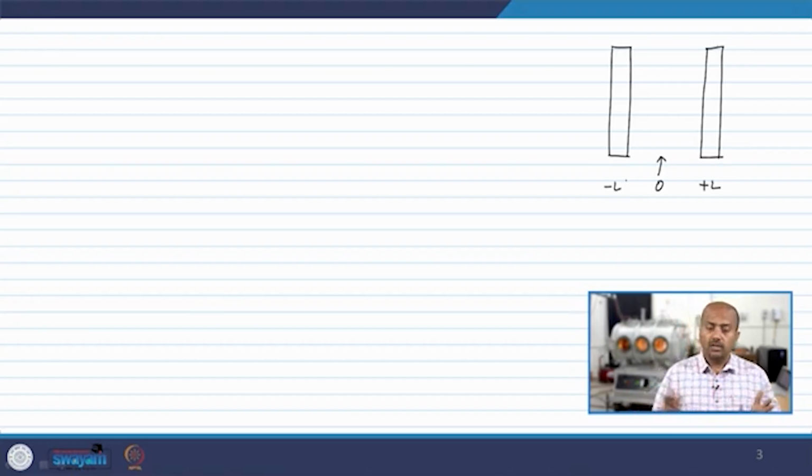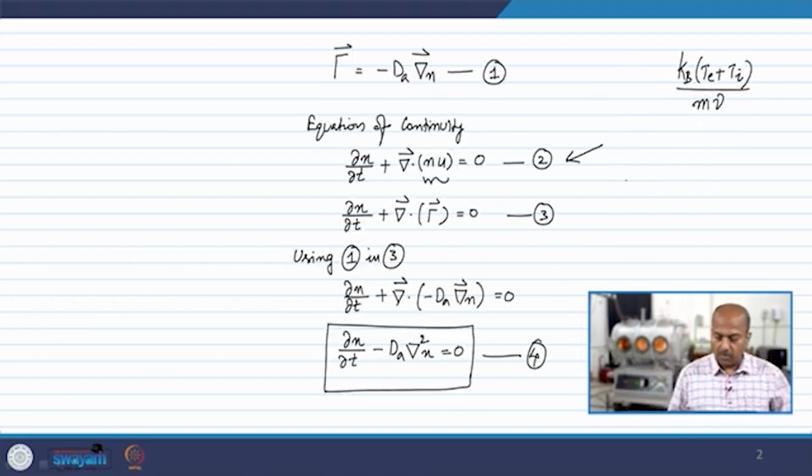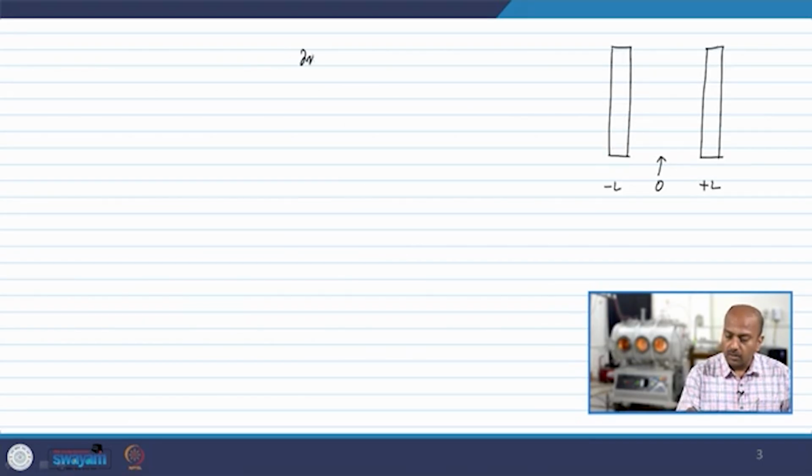when it travels towards these walls, and more importantly, we will try to understand what are the parameters which will decide the rate at which the plasma diffusion will happen and the rate at which plasma will decay actually, right. So, let us say we can write the equation as dou n by dou t is equals to dA del square n, right. So, we can write dou n by dou t minus dA del square n is equals to 0,